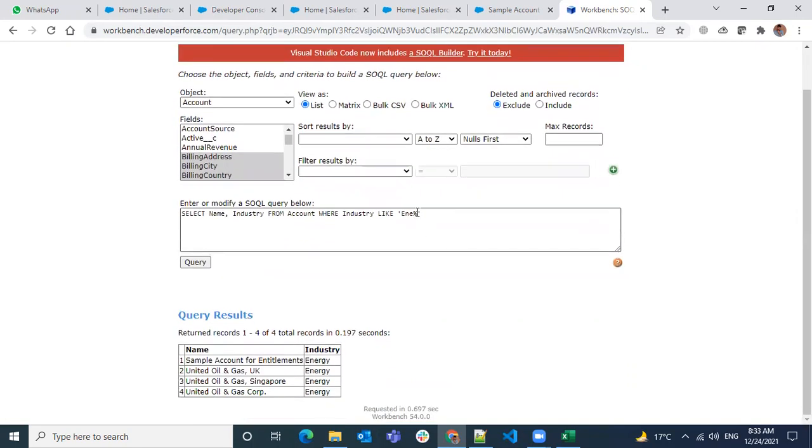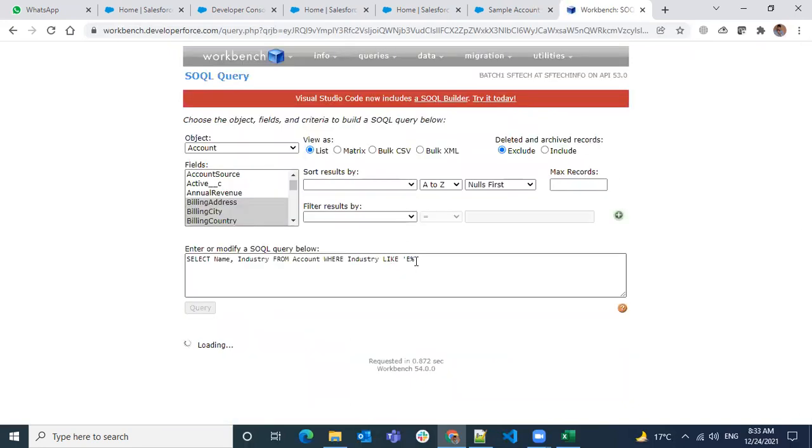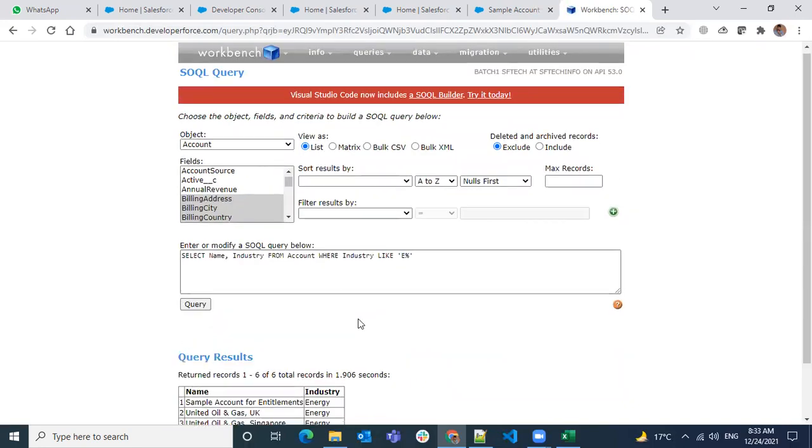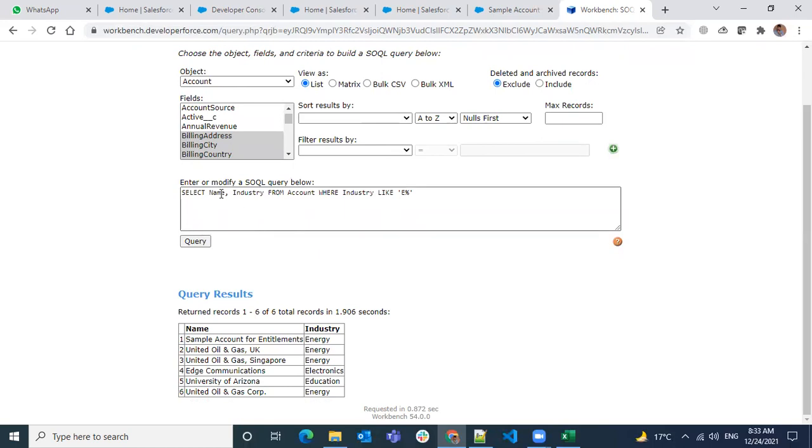So what the percentage symbol does is it matches any number of characters after ENE. So let's say I'm just going to give only E. The starting letter has to be E. Then I want to return all the accounts whose industry starts with E followed by any number of characters.